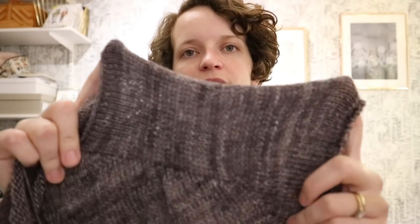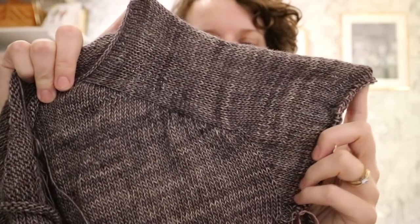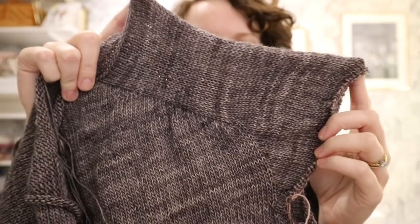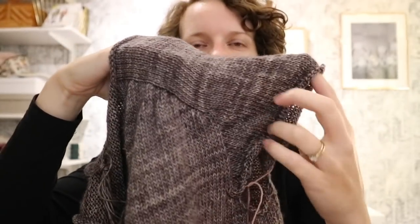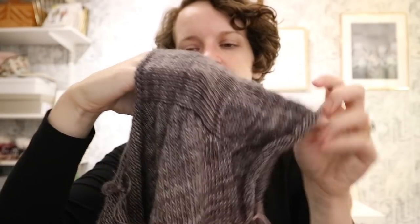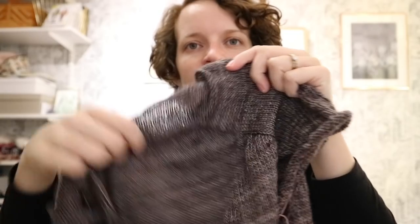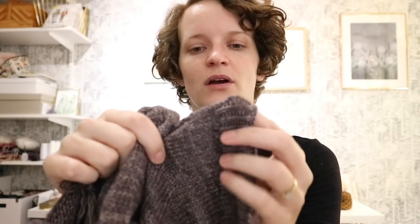I don't know exactly when this pattern is going to be released, but I can still show you a little bit of it. Kind of a cool part of this pattern is the shoulder construction. It has a saddle shoulder. This is the sleeve stitches, which are on hold. It's going to be a short sleeve tee. I still need to pick up the neckband, but I just bound off the